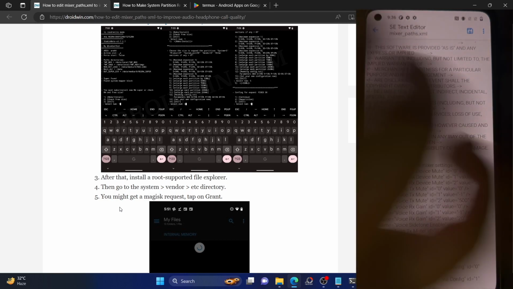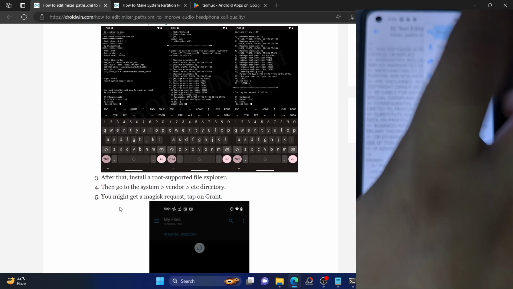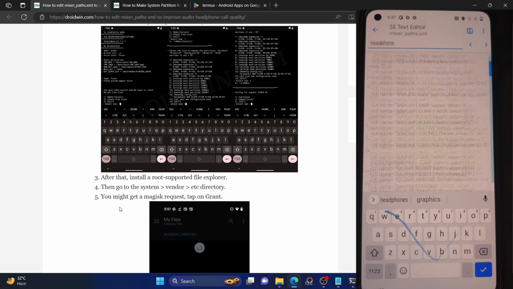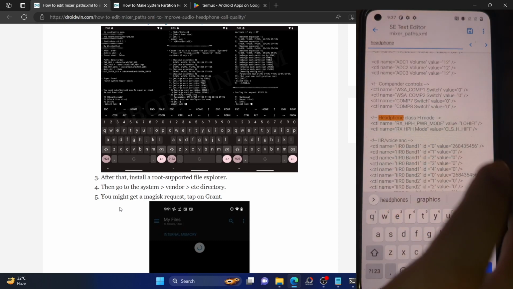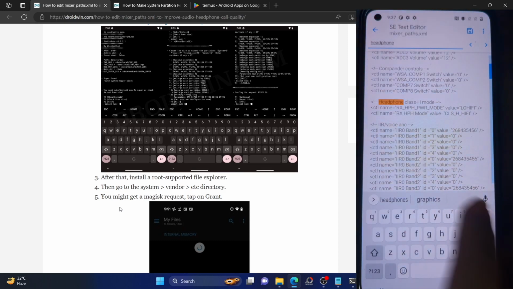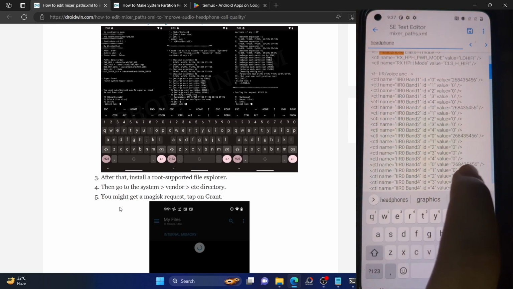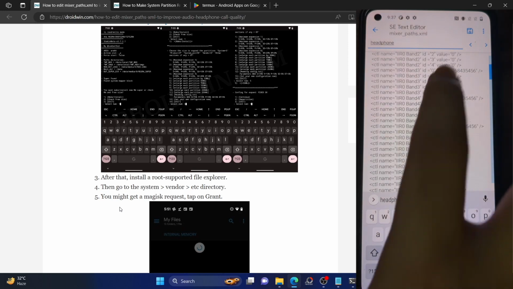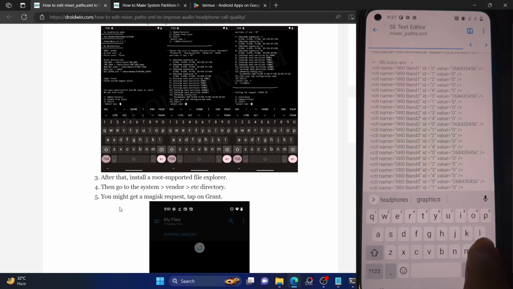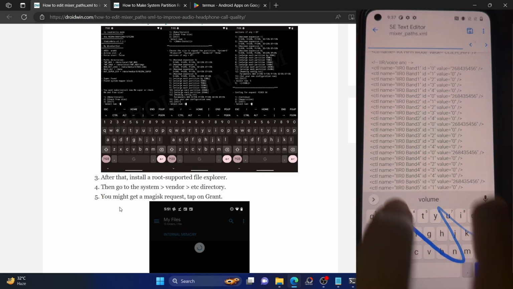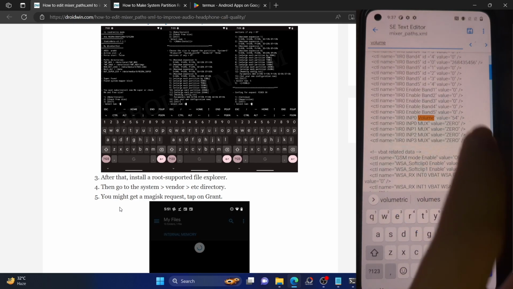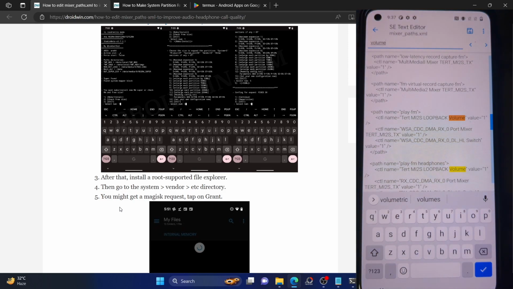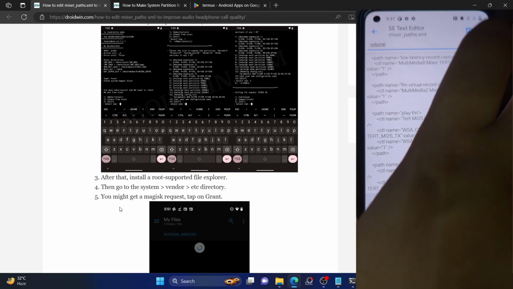So for instance, if you could make a search for headphone, so let me show you. So as you could see, headphone class H mode is the subject, and inside it are quite a lot of values. You could change these values and see if there are any changes. Apart from that, we have some volume tweaks as well. So there are a few volume, as you could see from here. You could change the value of this volume.